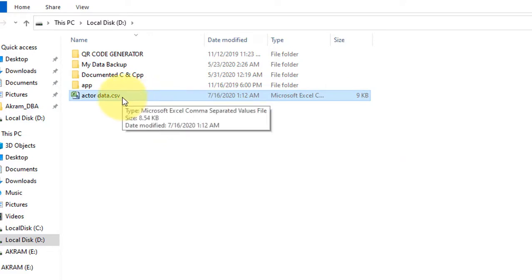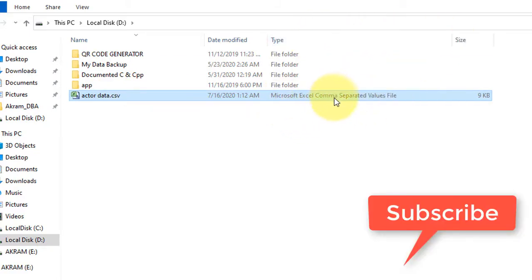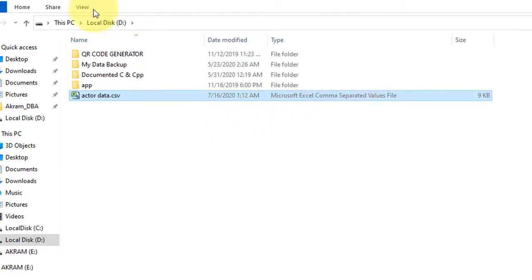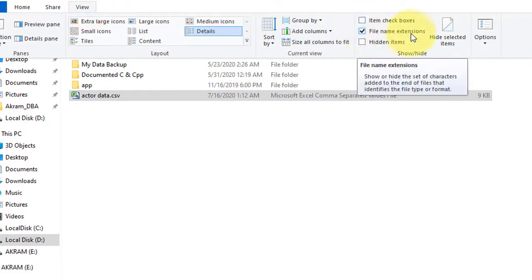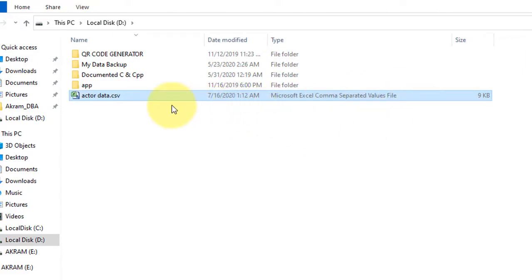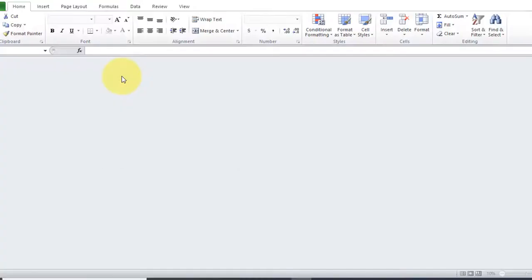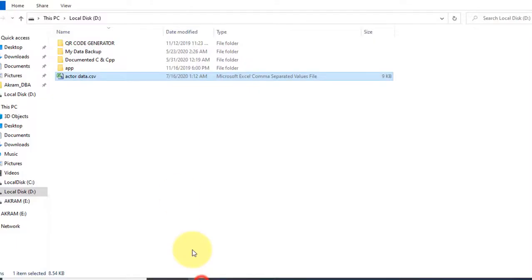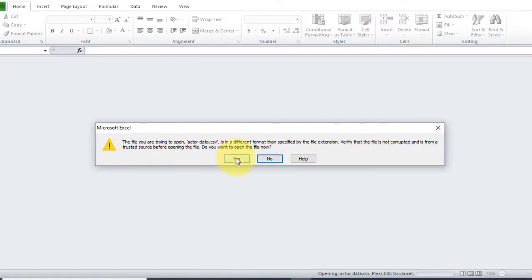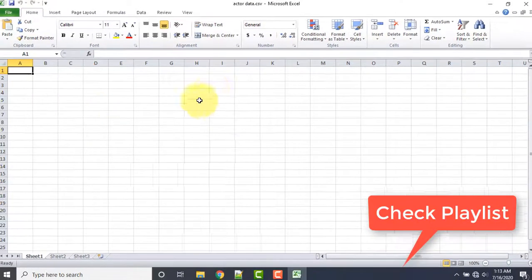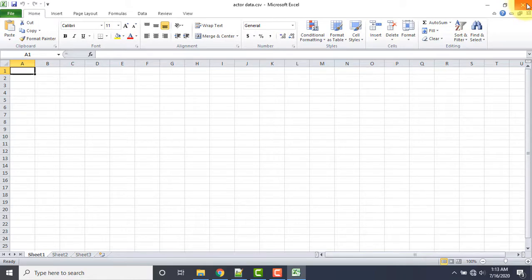One more important thing is that if you want to change the file extension name, like see here file extension, now it becomes comma separated values file, but initially it was an Excel file. So for that you need to enable this option. If I don't enable this, then I cannot rename the file format. So for now I have renamed this. Now let's see, there must not be any data. See here there is no data here, but now I will export data into it.